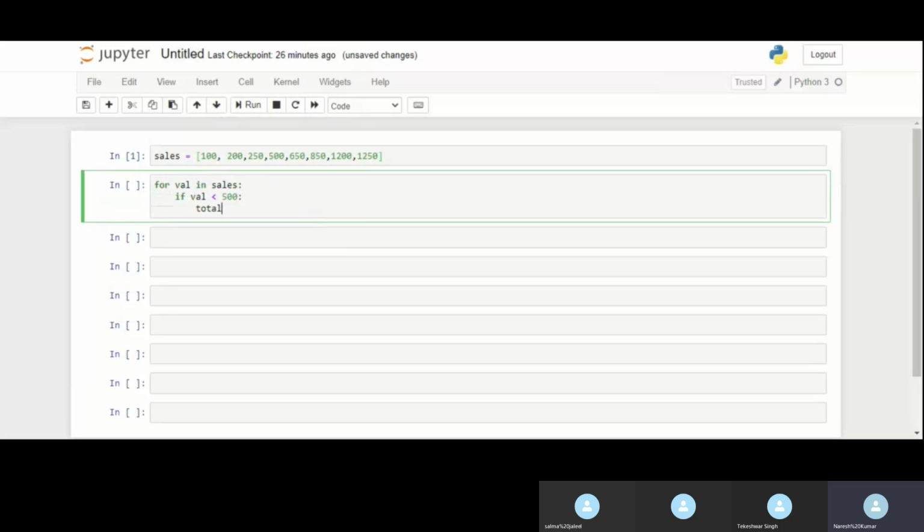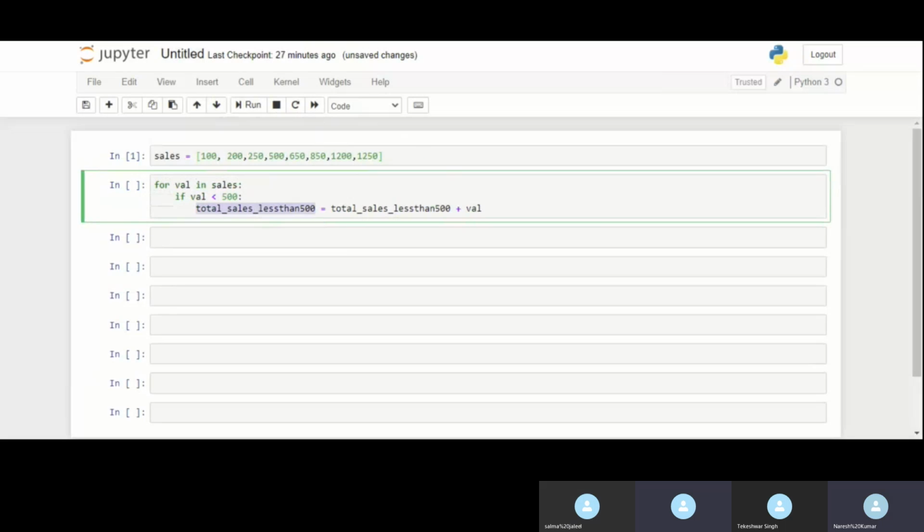So total sales less than 500 equals what would it be? Total sales less than 500 equals this total sales plus the value that I am getting, right?